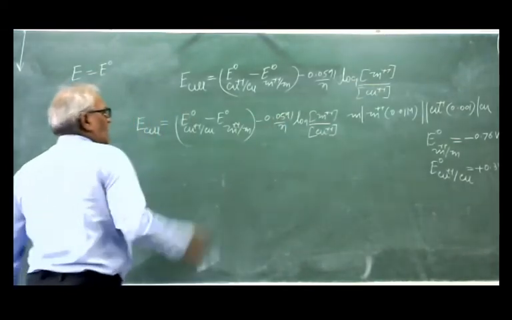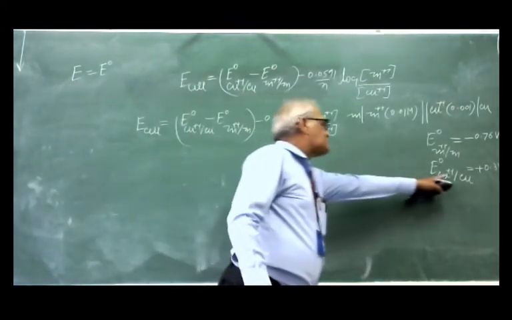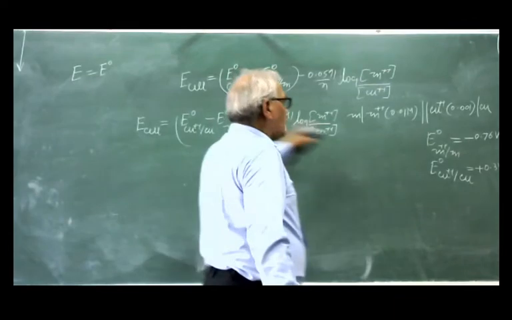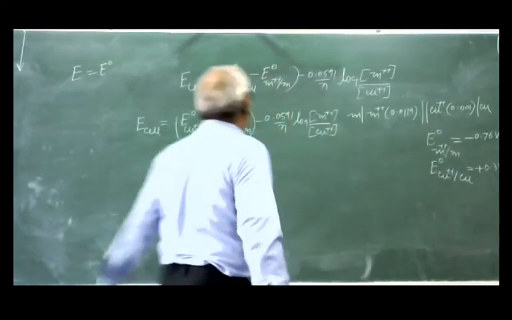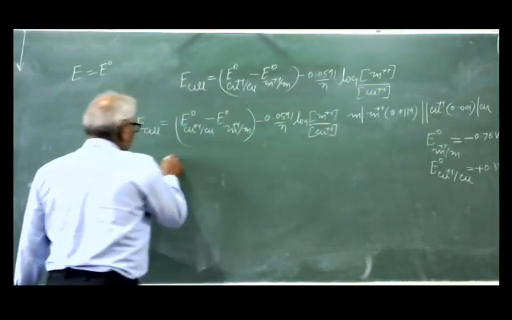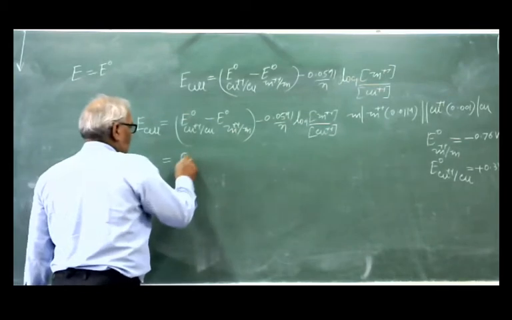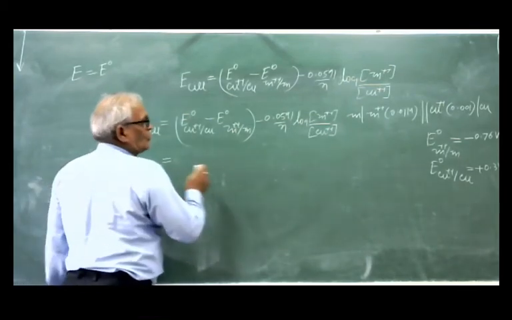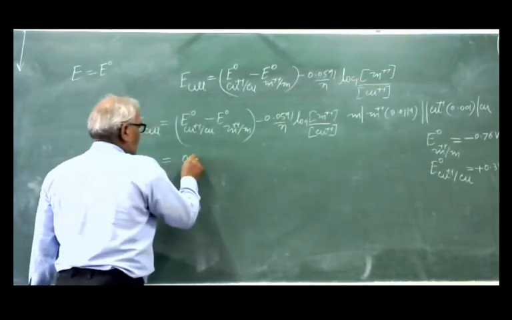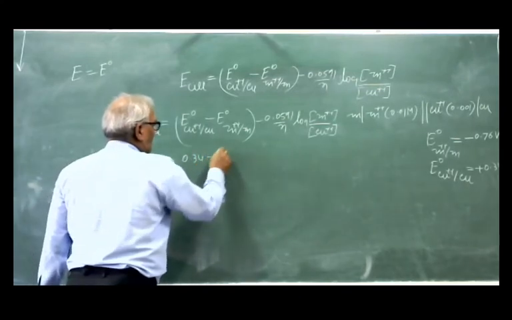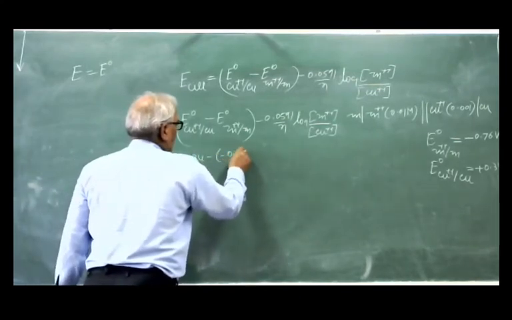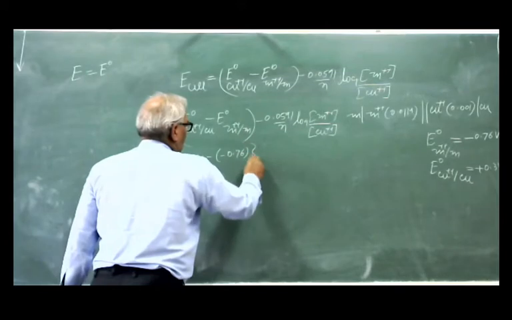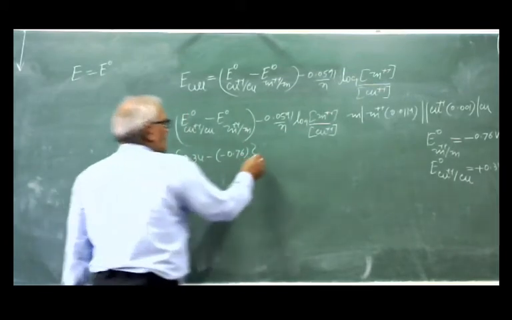So put these values, this value is given, this value is given. So putting all these values, you will get 0.34 minus 0.76 like this, minus